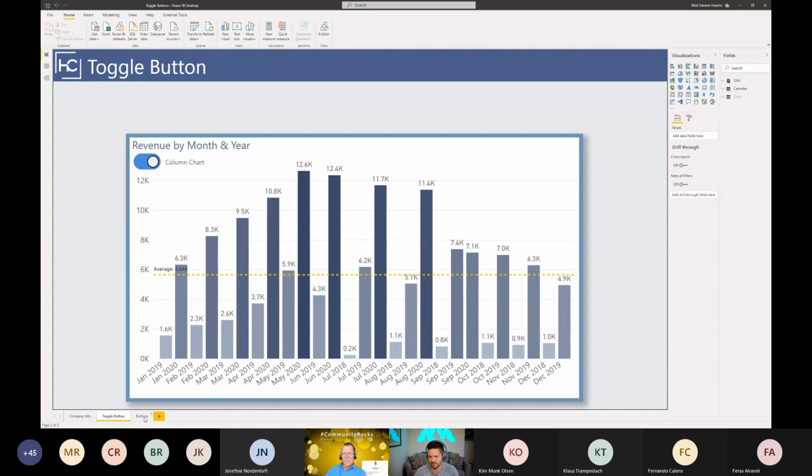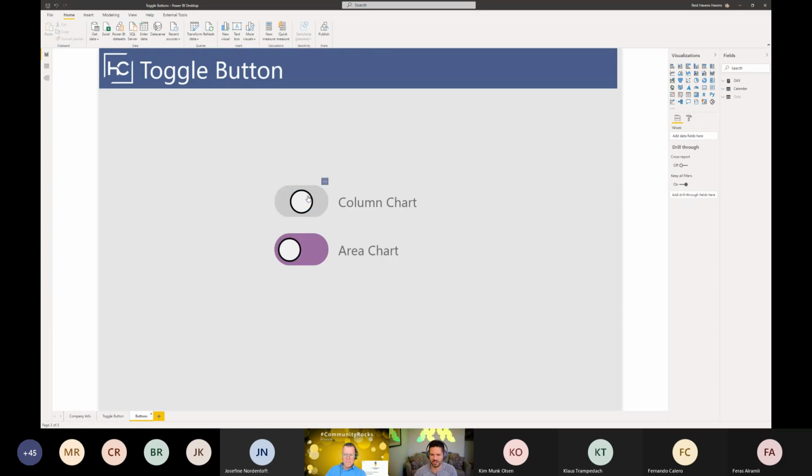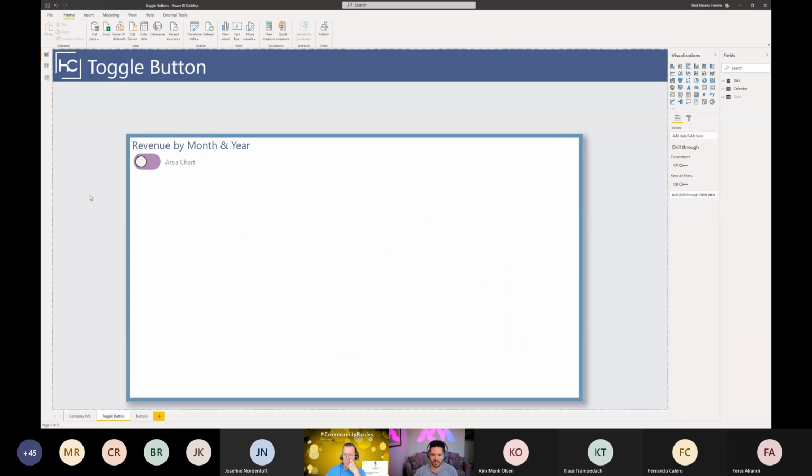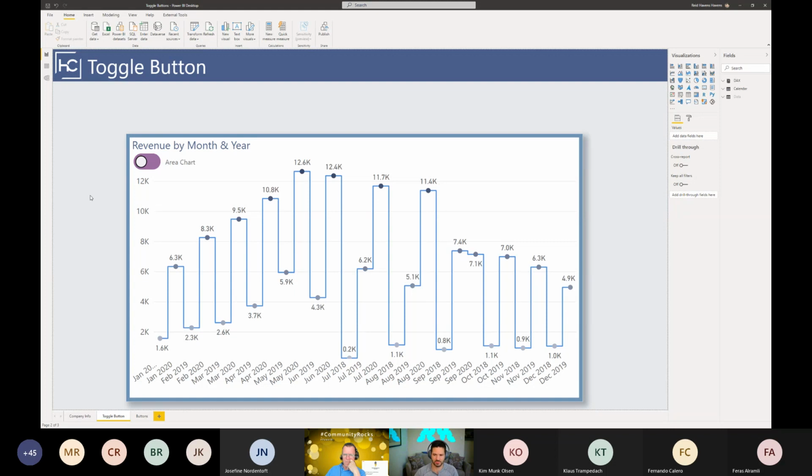So I want to walk you through this. Come over here. What I actually have is two of them, and this is with any button that I generally create in Power BI. I usually have them with an active and inactive state, so you can see them when they've been turned on with the bookmark or turned off, and that's what I've done here. The buttons on this first page are just two of them layered on top of each other. When I activate it, one of them hides, the other one becomes visible, same with the chart. So it creates the effect of having it move from one side to the other.